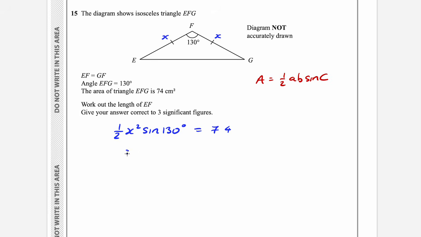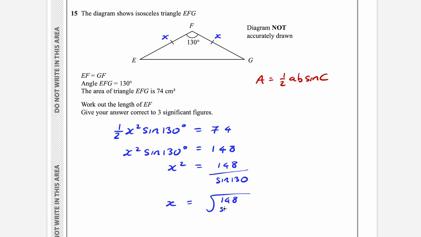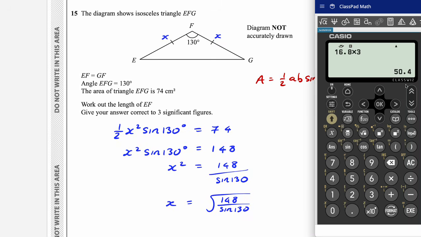Okay, multiply across by 2 first, guys. X squared sine 130 equals 74 times 2 is 148. Okay, then I'm going to do x squared equals 148 over sine 130. And then x is the square root of 148 over sine 130. I'll do it all in one go. So square root of 148 over sine